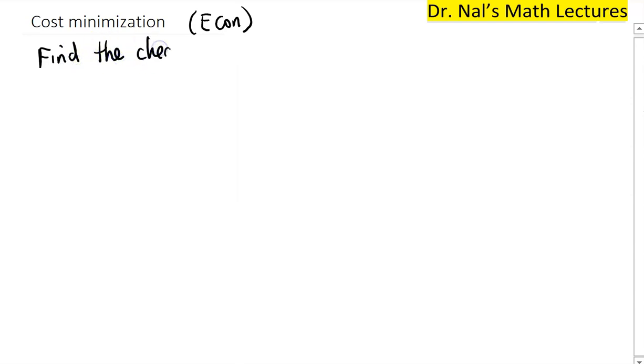Now we will be going over the cost minimization problem from the discipline of economics. So this is an economics concept. And the idea is the following. It is to find the cheapest way to produce, in this case, 1,000 units,